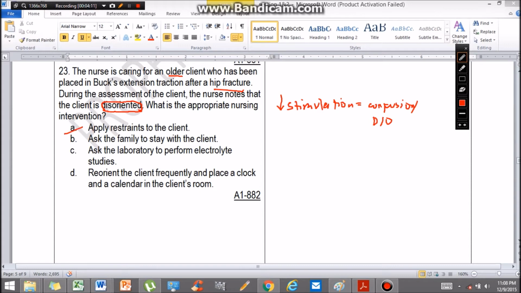Applying restraint will not cure or manage the disorientation. Asking the family to stay with the client is not realistic. And asking the laboratory to perform lab study is only done by the doctor. Therefore, the best answer here is D. You need to reorient your client because the issue here is disorientation. Next,